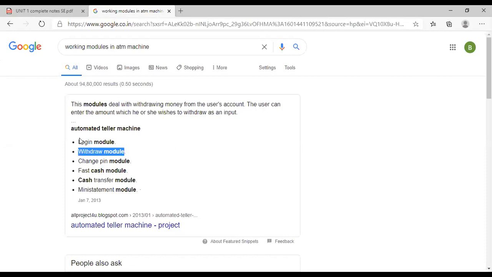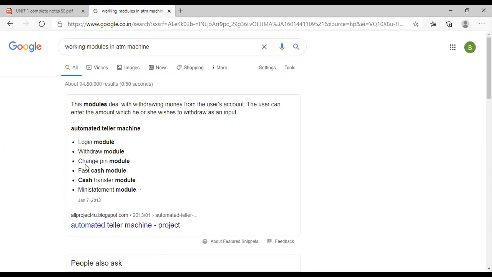Your entire data is scanned and sent to the server of the bank. Then the bank will find out whether the login credentials are the same as the customer details. Okay, and once you enter the password, only then is the withdrawal performed. So the withdrawal module will take care of all withdrawal related transactions.